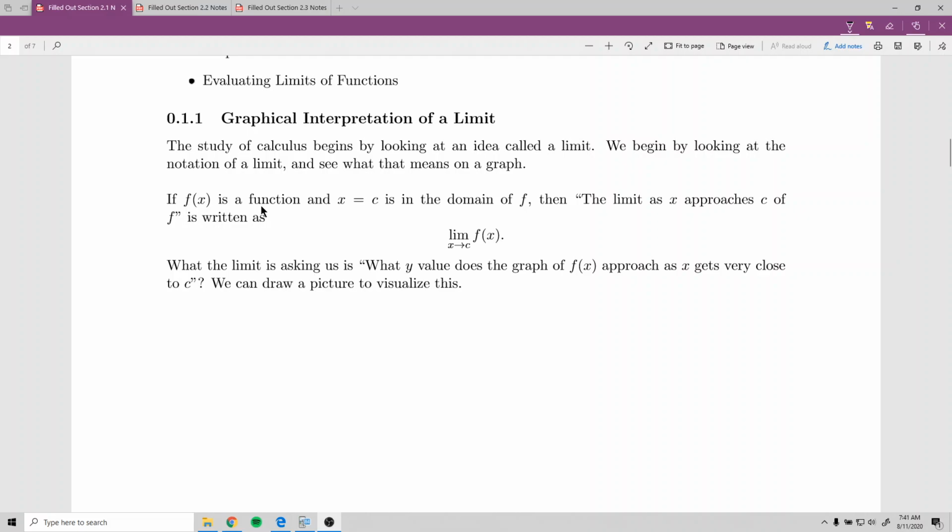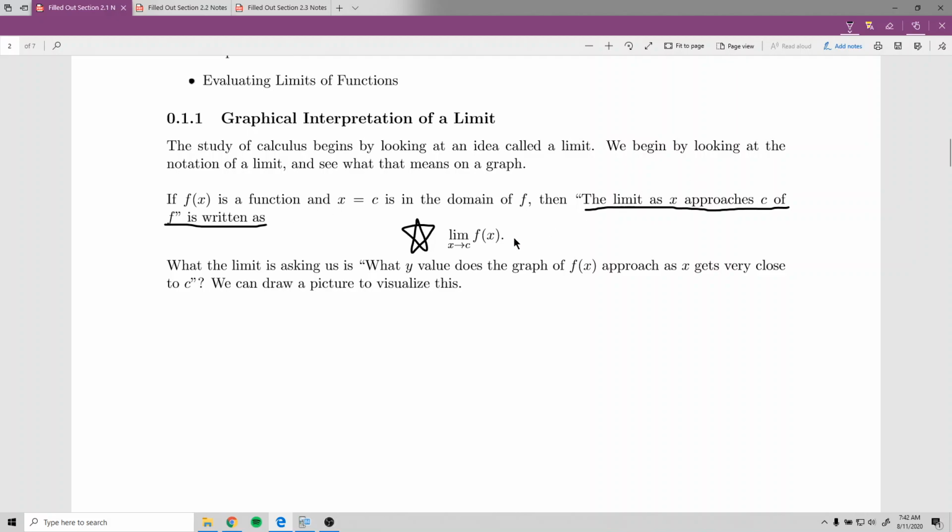So if f of x is a function and x equals c is in the domain of f, right, so that just means you can plug in c, then the limit, in quotes, the limit as x approaches c of f is written like this. So this is important notation. Definitely write down what it means in words, and also